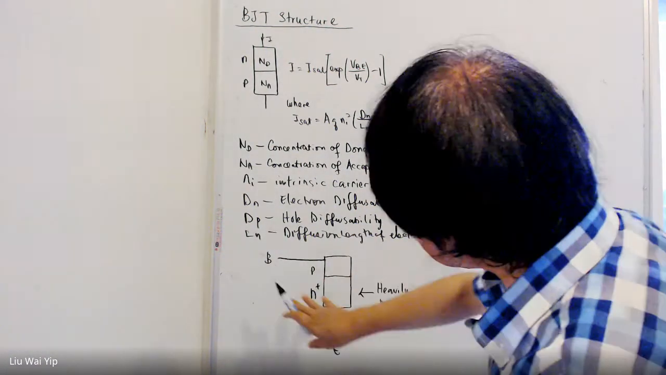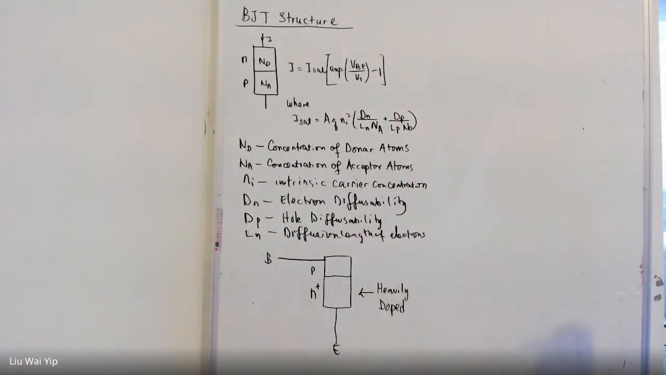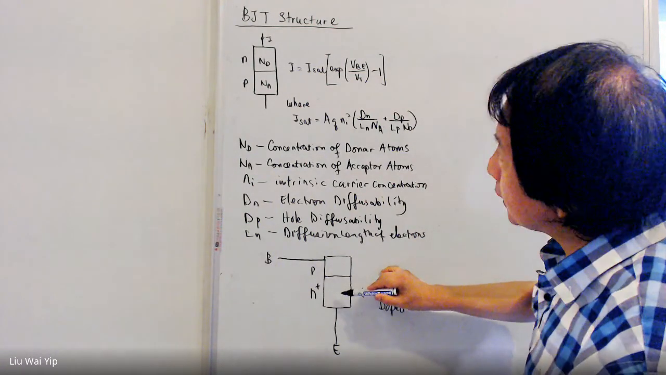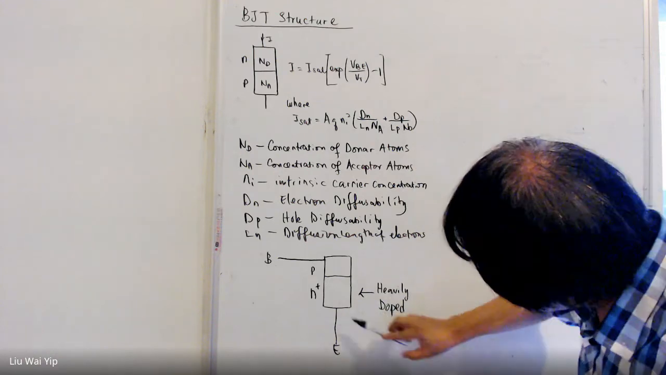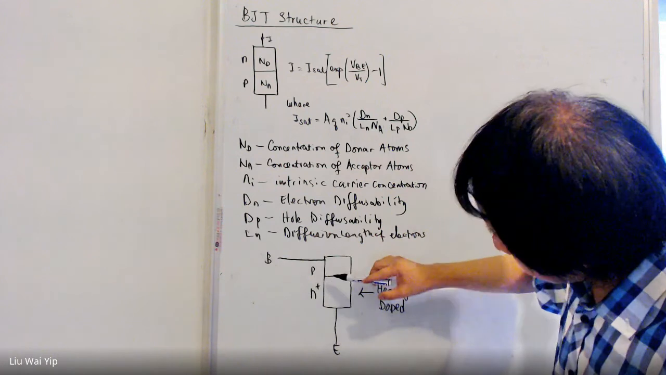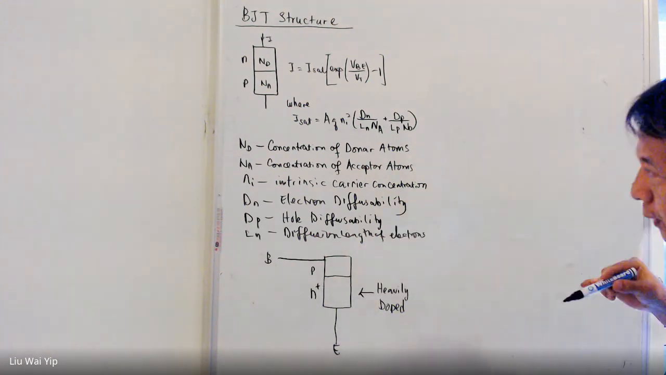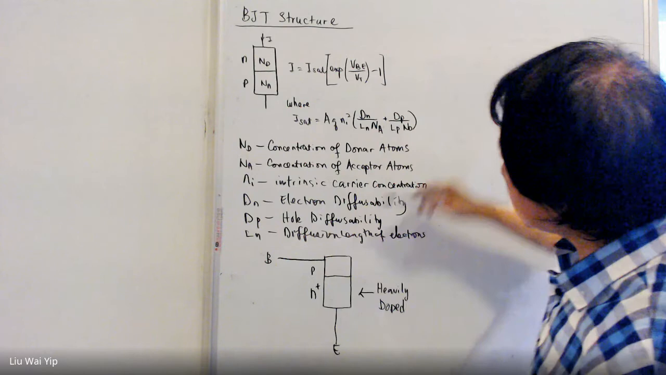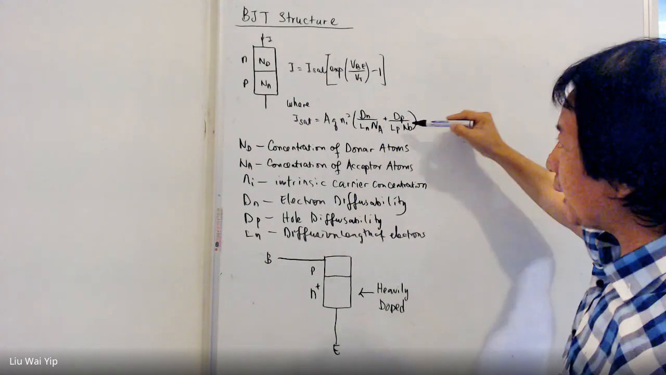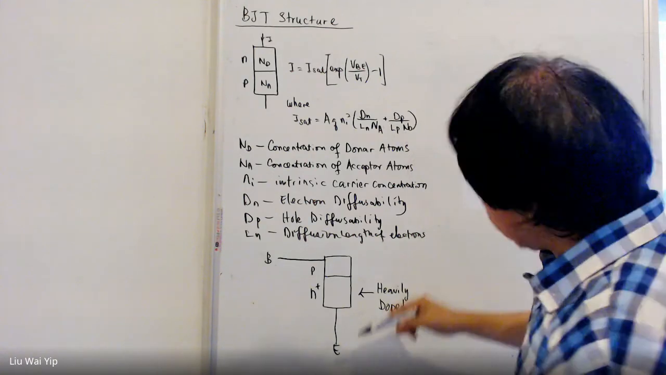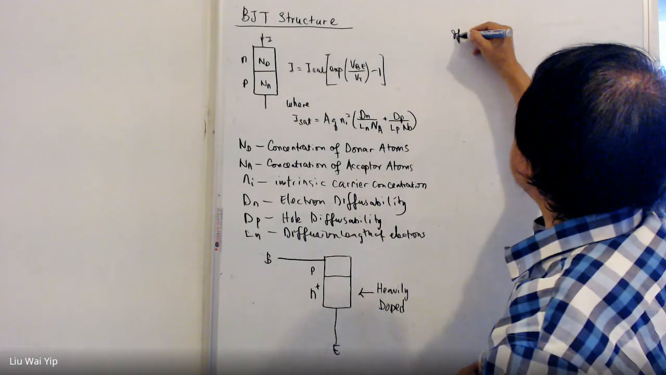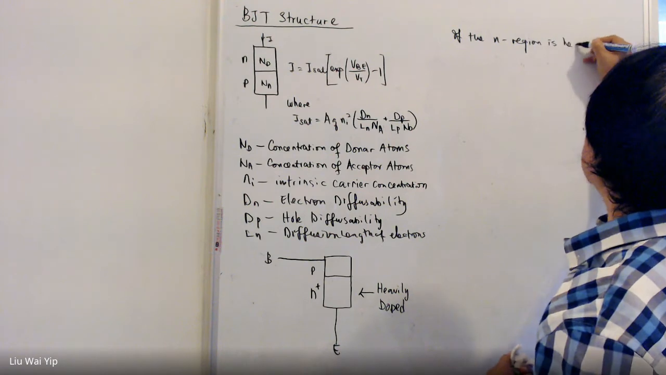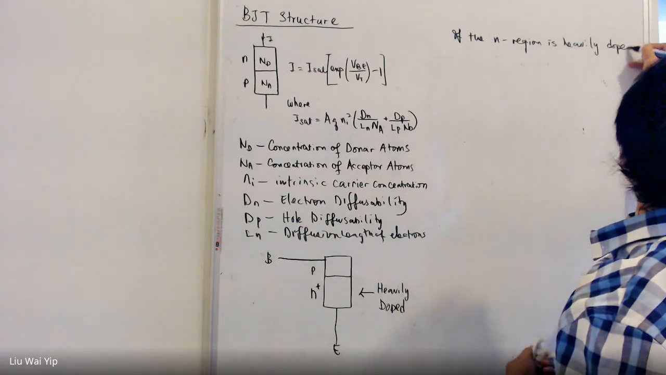In this case, the diode is very simple. But what if we heavily dope the N region? Now, you have a region here. We have a special diode here. The N region here is heavily doped. According to this equation, if the N region is heavily doped, then this term will trend to zero. And in this case, if the N region is heavily doped,